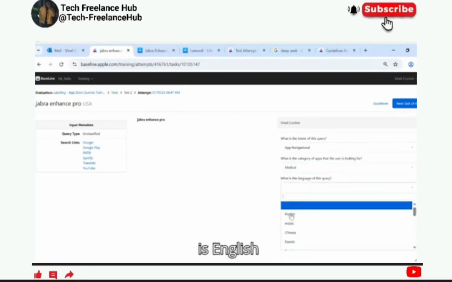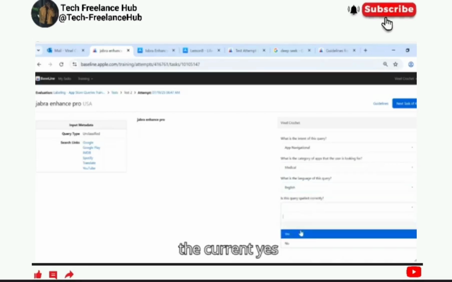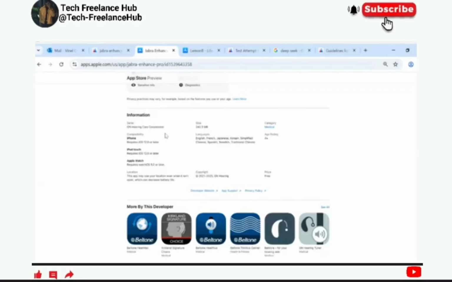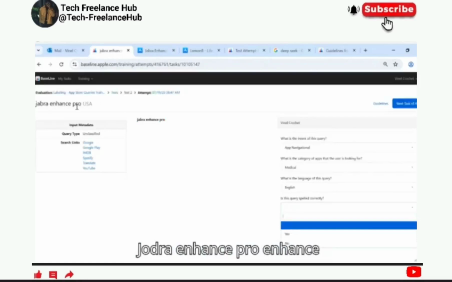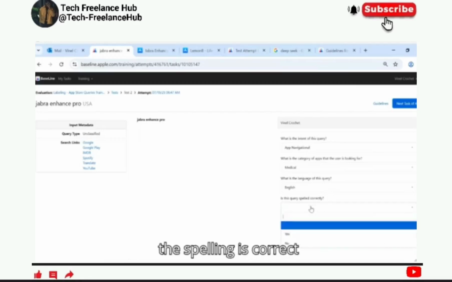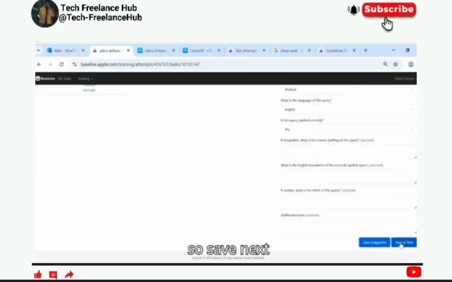The language is English. The query, yes. Let's see. Zebra Enhanced Pro. So there's no spacing error, so it's correct. The spelling is correct. So save. Next,